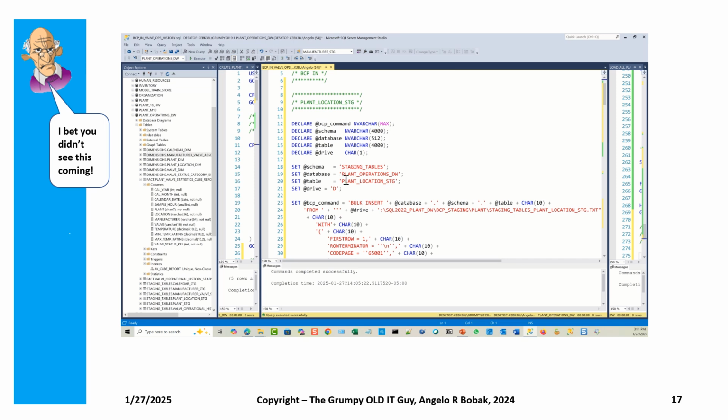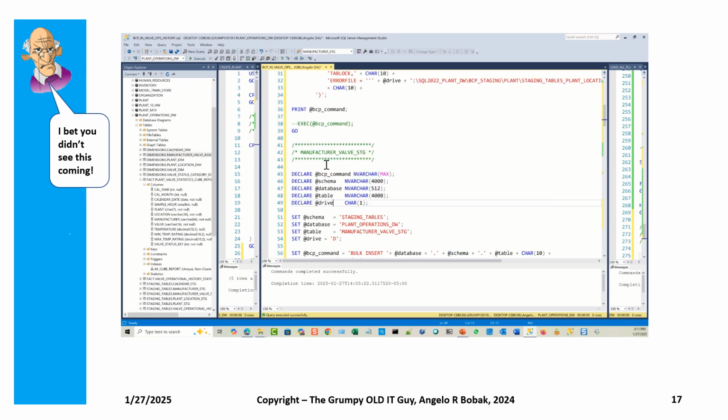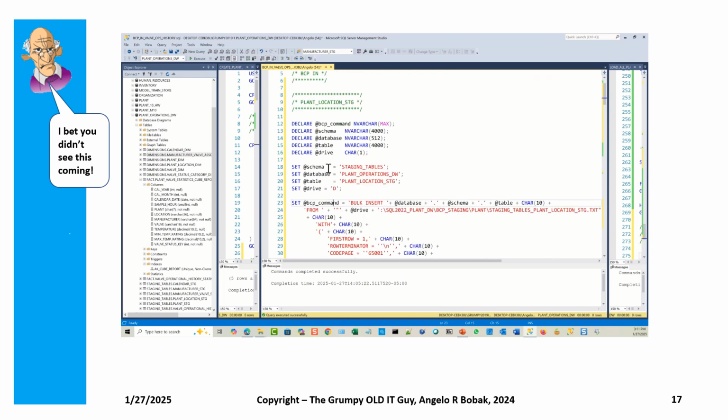And the table is the plant location stage table, and the drive is D. So we're going to set that big BCP command to a bulk insert. And then we'll attach the database name, the schema name, and the table name. Then the from clause. And we define the drive, the folder path, and then the plant location, the name of the flat file that we want to use to load the